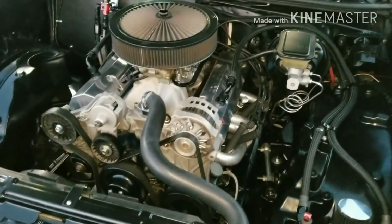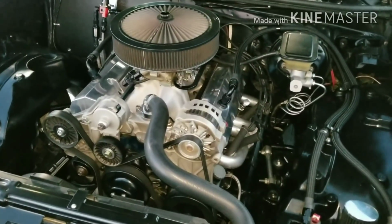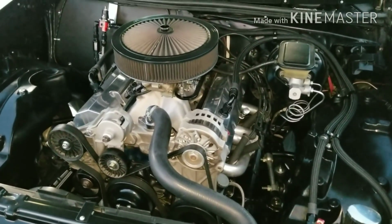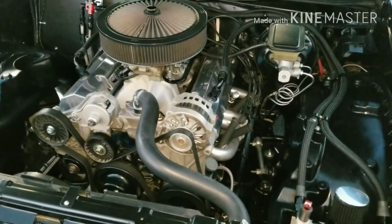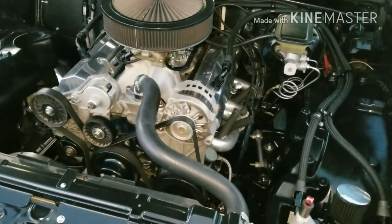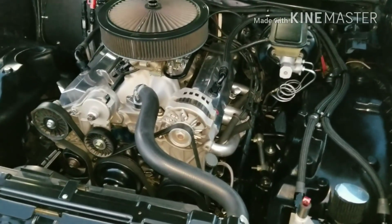I'm going to build the whole rear end. We're going to throw a lot of good parts inside of it, and we're going to narrow that son of a bitch. I'm going to try to narrow it enough to where I'm going to do some math. I'm going to write it all out, because maybe when I pull the rear end out, I might possibly do a frame notch. I don't know. I do want to do a frame notch in the future because this frame wasn't powder coated or anything. So I think I'm going to do a frame notch either when I pull the rear end or in the near future. So we got that coming too, because I definitely want to try to fit